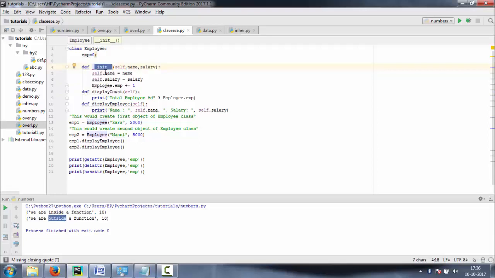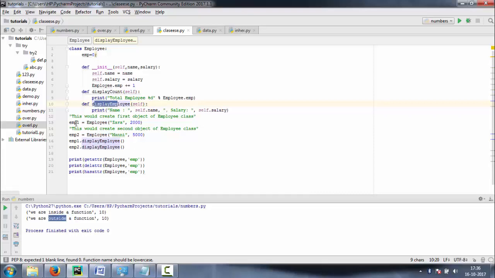It's a constructor to initialize the members of the class. And this is a user defined function, display count or display employee. This method is used to display the number of employees, and give the information about the employee name and salary.